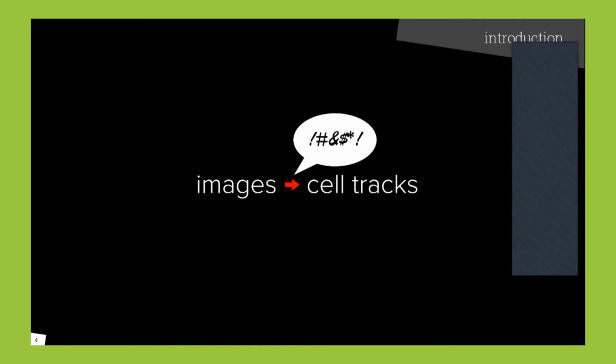So, just to make things perfectly clear in the beginning, we are not trying to solve cell tracking entirely with this project, but what we are trying to do is just make the manual curation or ground truth creation step easier and more ergonomic. So just that we're on the same page here. And